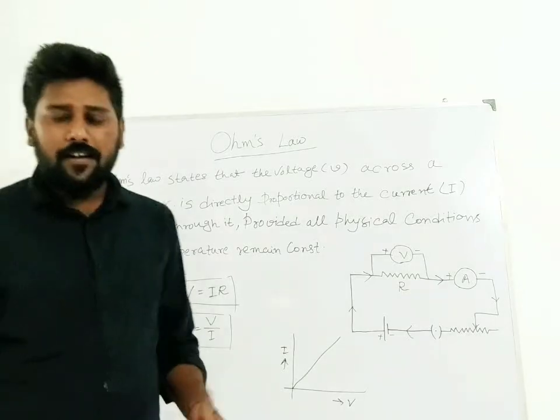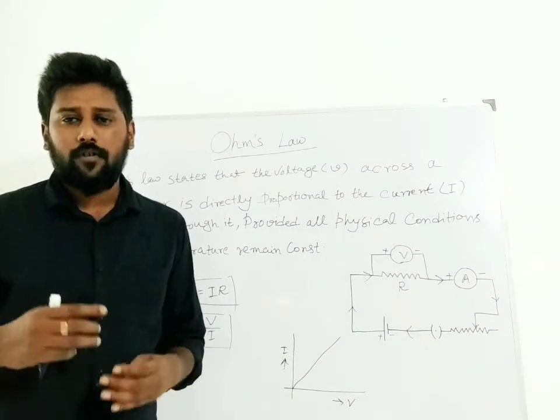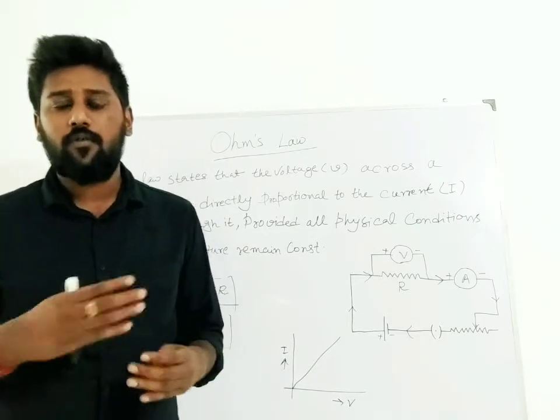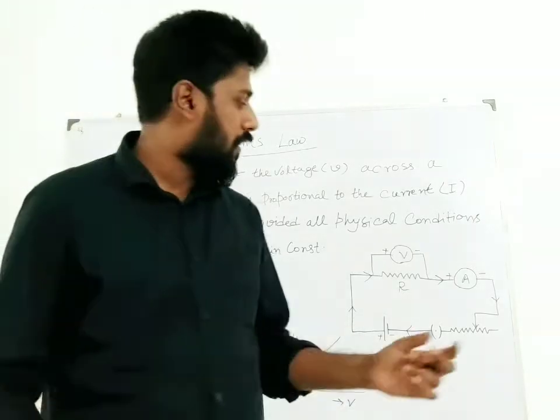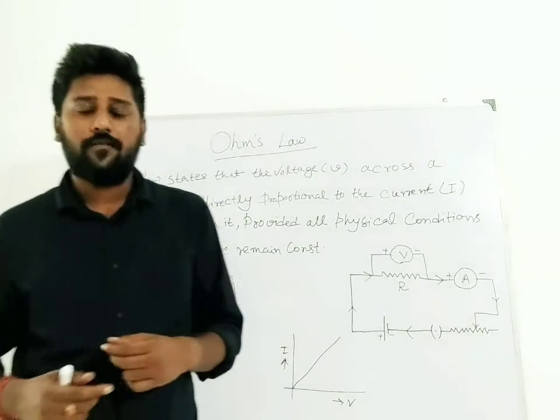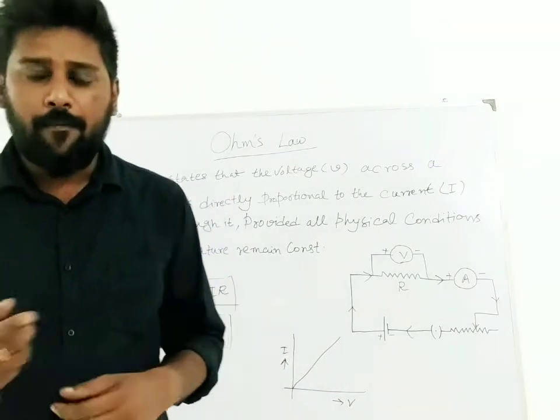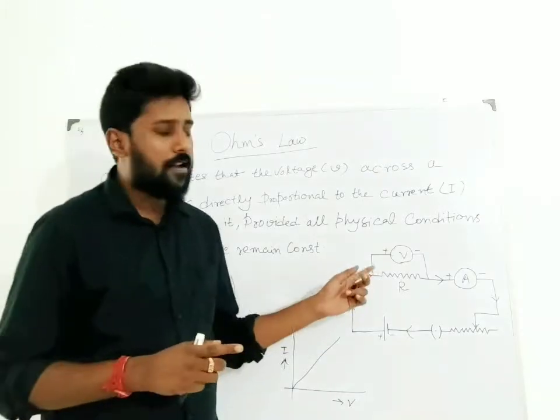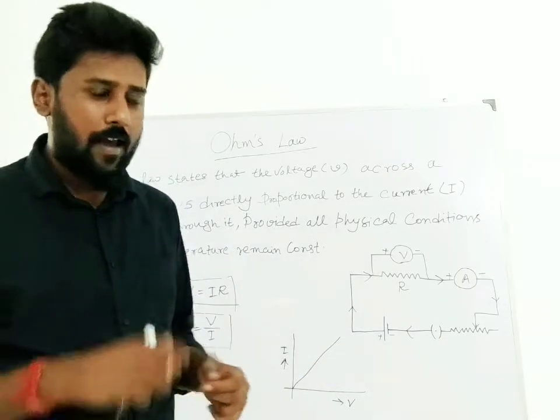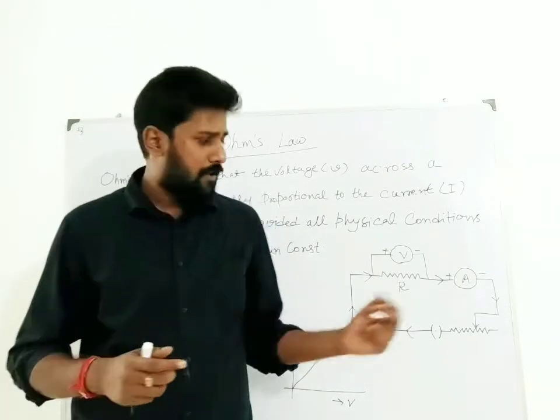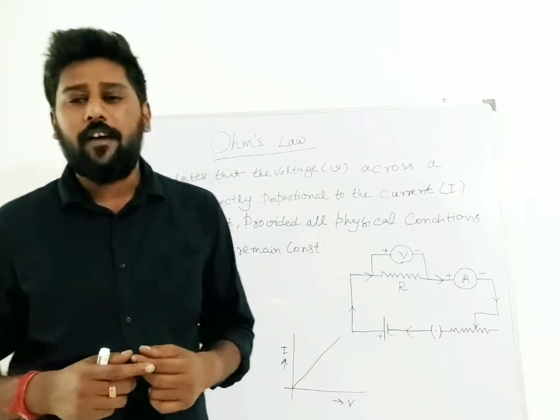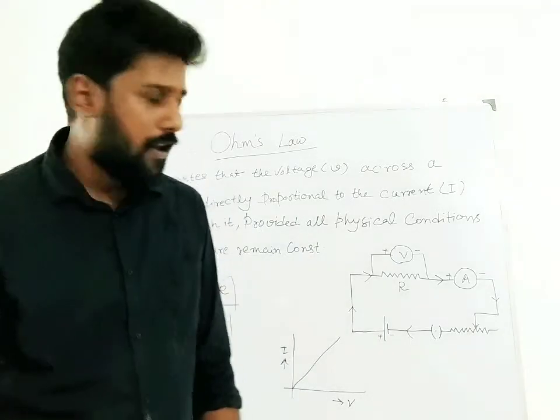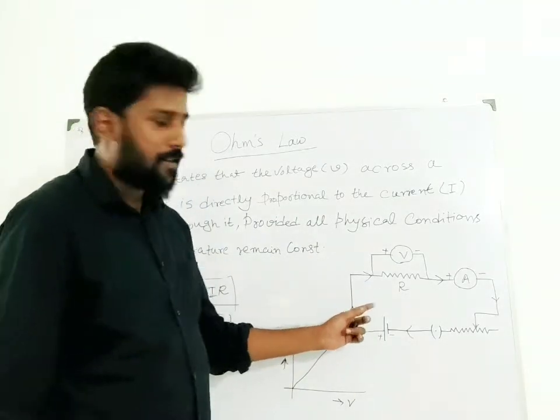So what is the circuit diagram? We have to take two or three extra things to measure current and voltage. We know that to measure current, an ammeter is needed, and to measure voltage, a voltmeter is needed. The ammeter is connected in series and the voltmeter is connected in parallel. And for changing the value of the current in the circuit, we have to use a rheostat. Okay? And here you can see the circuit diagram.